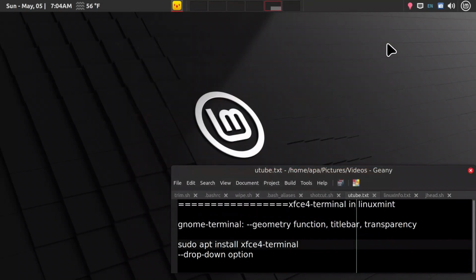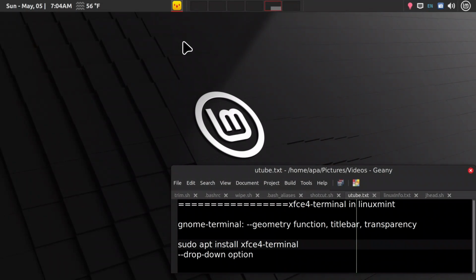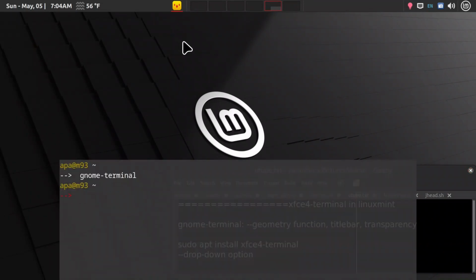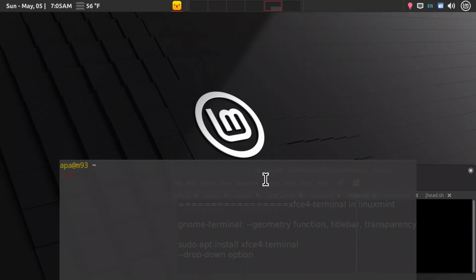So let's go ahead and close that, and then we're gonna press Control Alt and T. So now you can see that you have an option of starting either Super T, which will bring up the drop-down terminal here, or Control Alt T will bring up the default GNOME terminal. So I prefer to have this here. So this is what I wanted to show you, and then I think